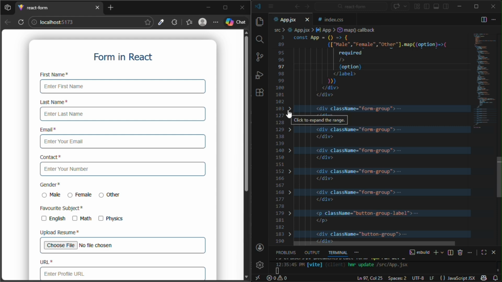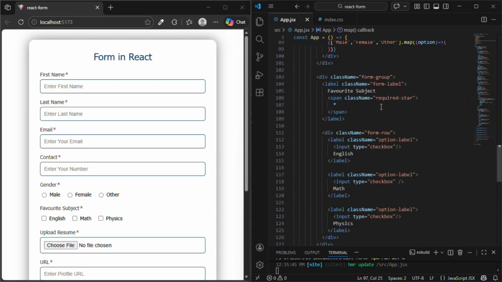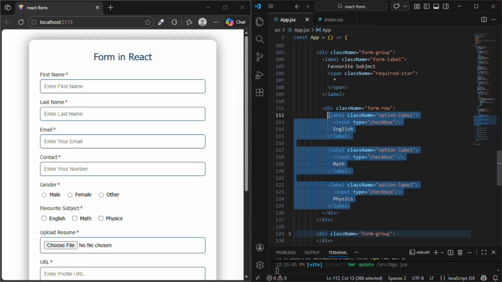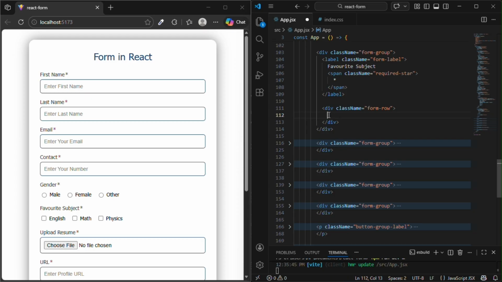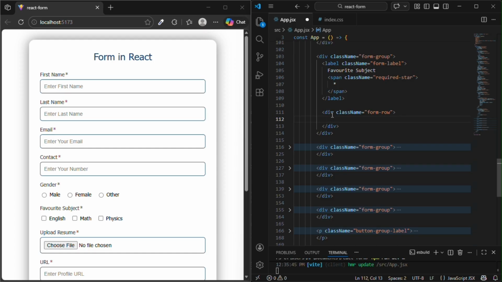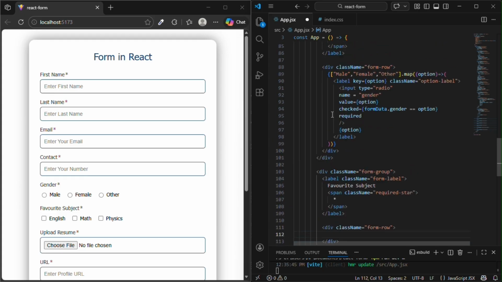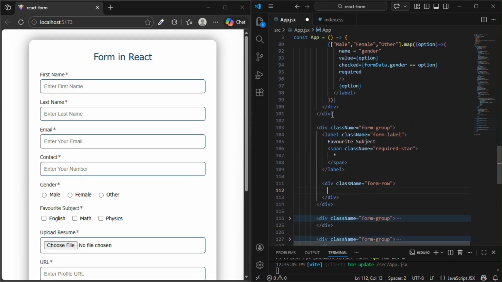Now the turn is for the subject input state. Here we are defining again, defining more than one label option for English, maths, and physics. Rather than defining more than one, we can define it by using the map function only once. So first we are going to apply the map function, but it is going to be applied over the object, which is Object dot keys of